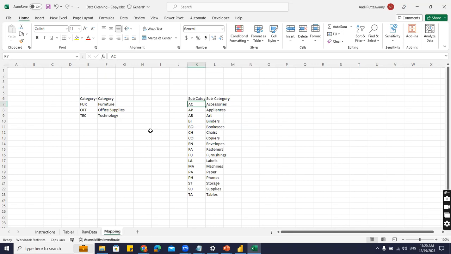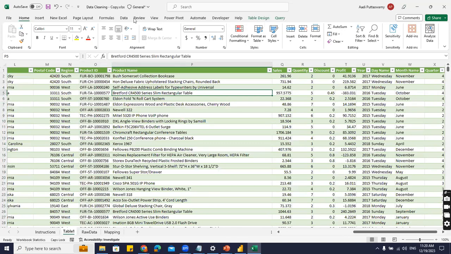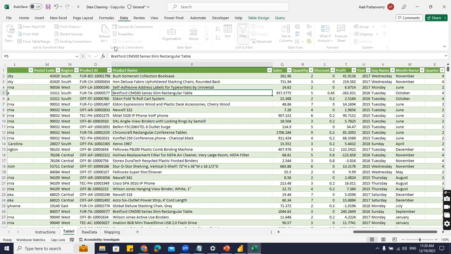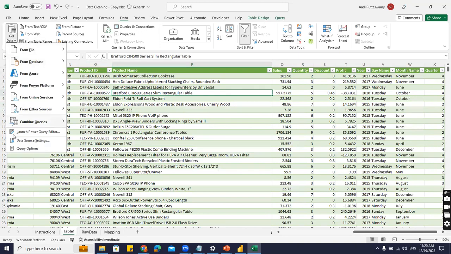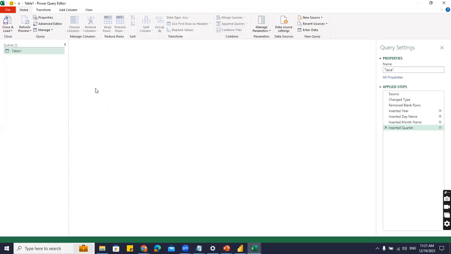Forget those things. No formulas required. What will I do? Let me go here. Again, I'll say, there is that data, and I'll say launch Power Query editor. Again, I'm coming back to this editor. Now here, what I'll do,